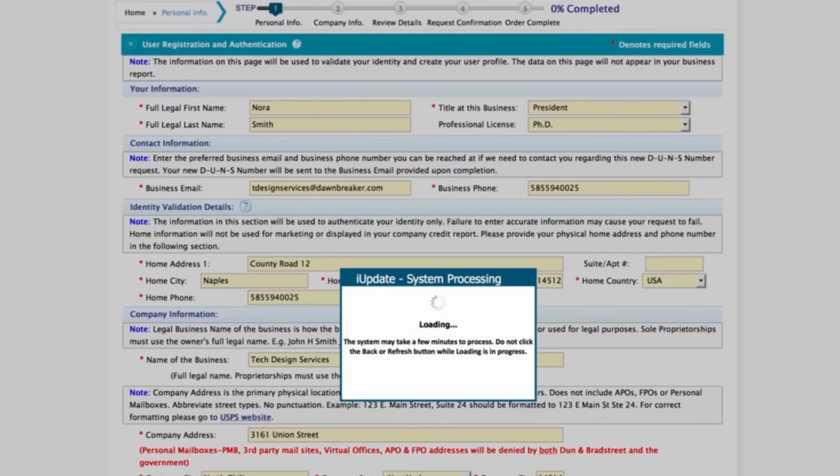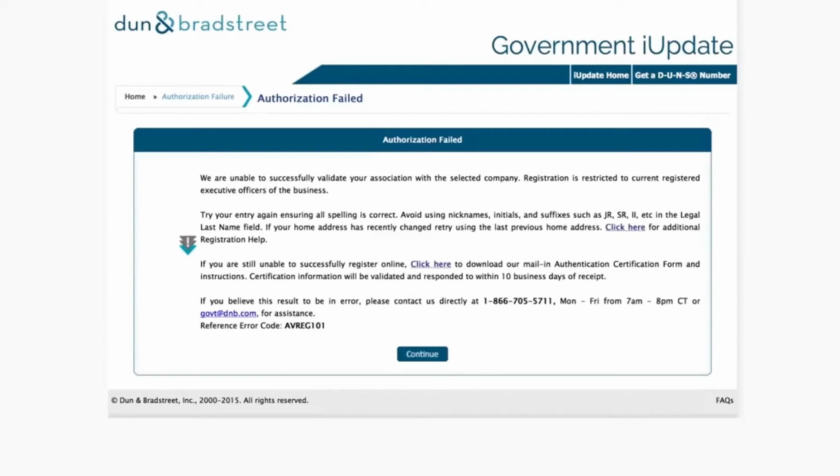And it's loading information into the system and telling me not to click back or refresh while it's doing that. Now it tells me that it was unable to successfully validate my association with the selected company, and says try again, making sure that all the spelling is correct, and that if you are unable to register online, click the authentication certification form. So I'm going to say continue,